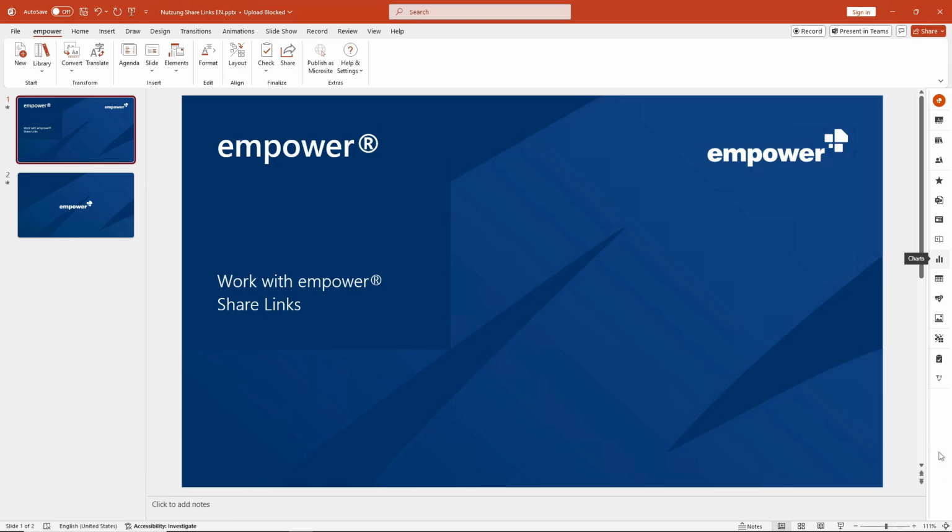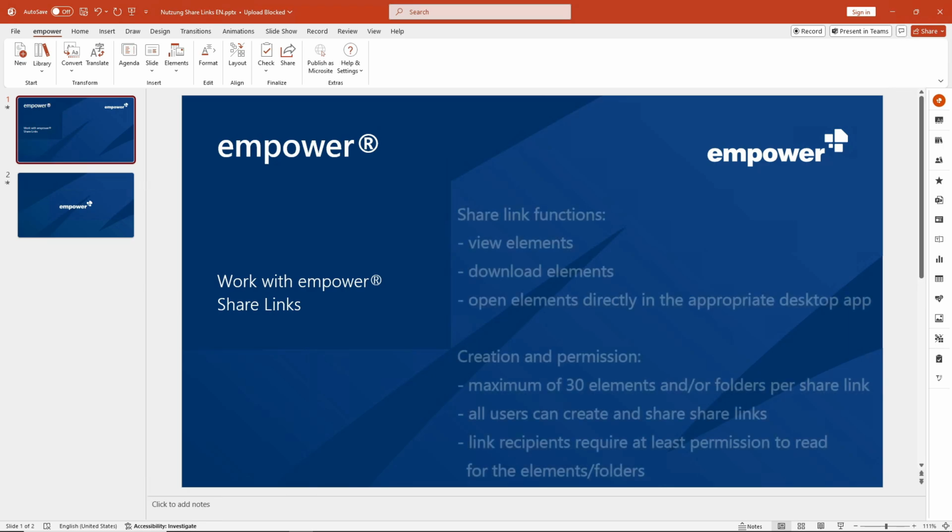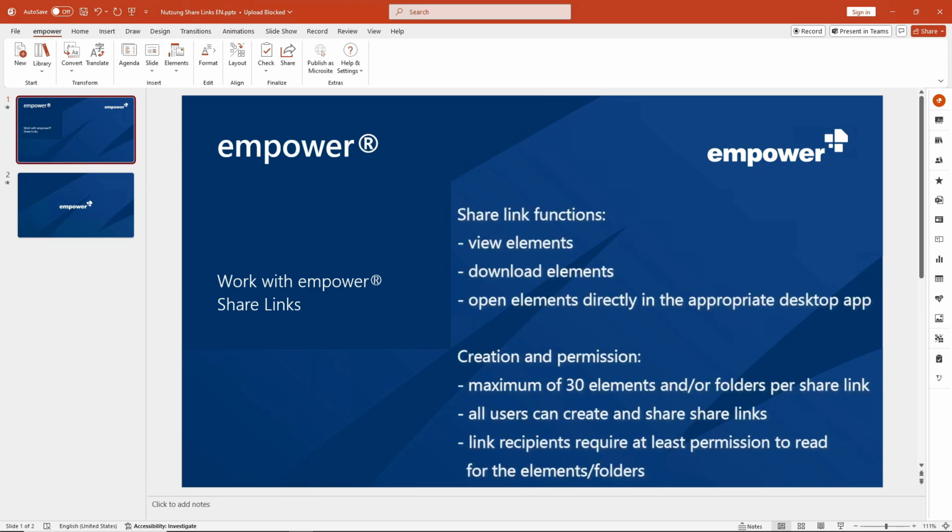In this tutorial, I will show you how you as a user can use share links to make it easier for other users to access content. The Empower feature shown here should also be integrated into future versions of Empower and in some cases already in older Empower versions. Through the share link, users can view the content, download elements, or open the elements directly in